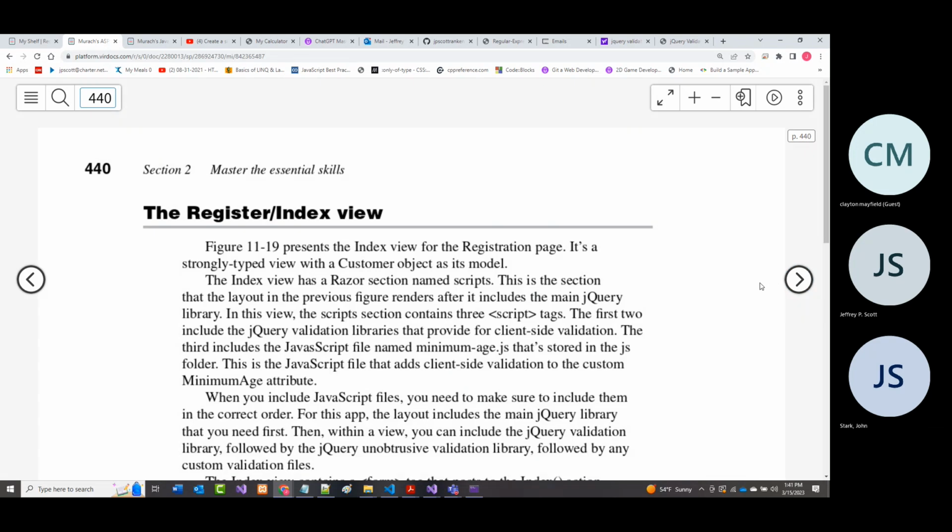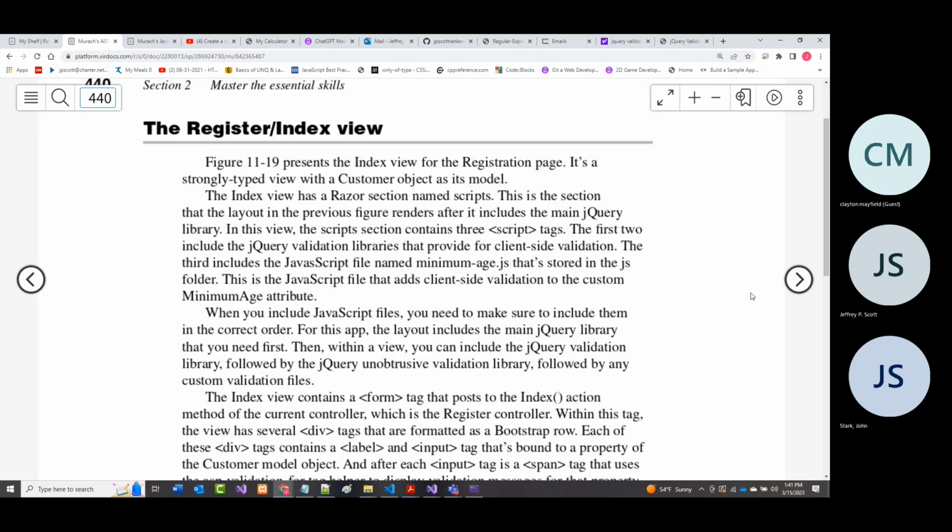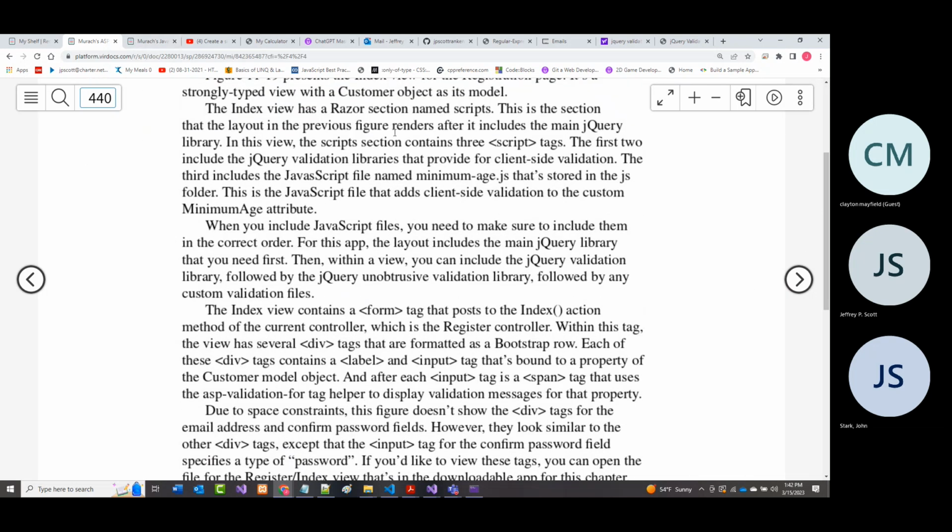Finally, the last thing that's in here on pages 440 and 441 is this register index view. As they mentioned there, it's a strongly typed view with a customer object as a model. This is the section that the layout in the previous figure renders after it includes the main jQuery library.